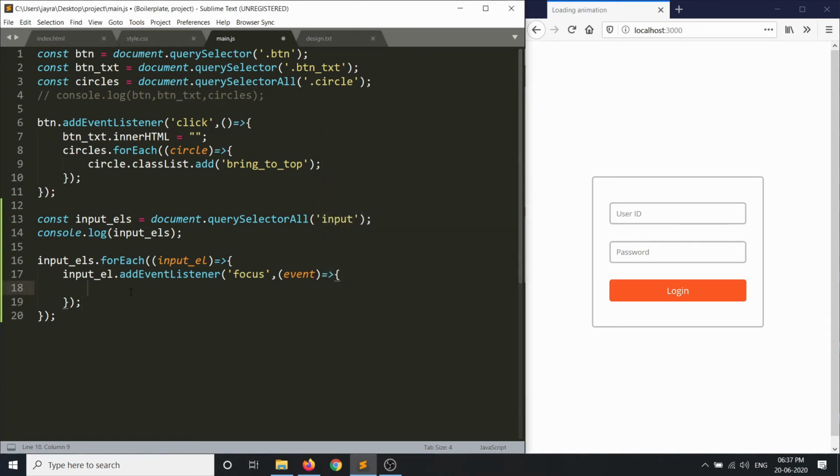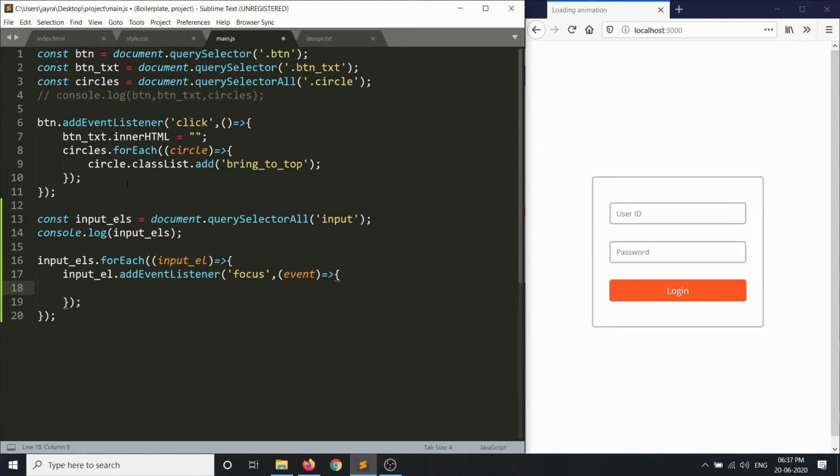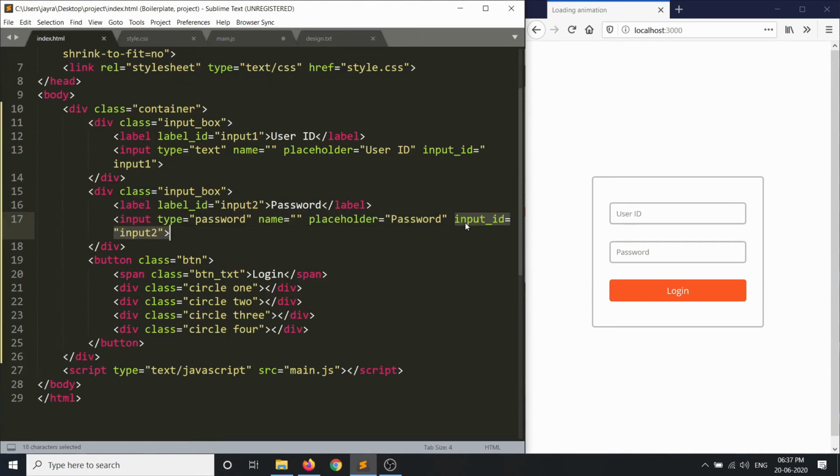So the first thing that we will do is we'll obtain the input element on which the event has occurred, and the way we will do it is we'll leverage the custom attribute that we had defined initially in the index.html. So let's obtain that particular custom attribute, that is input ID.